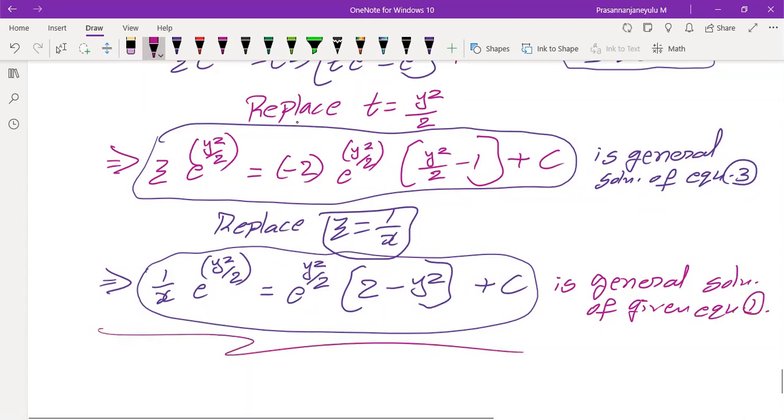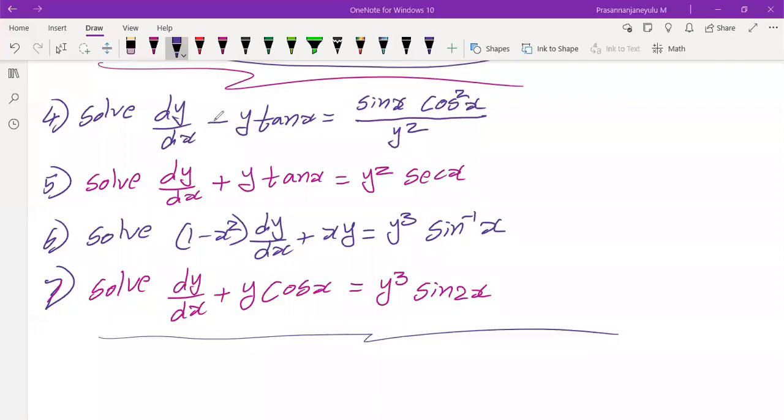So I explained here one problem on how to find the solution of Bernoulli's DE in y, and one problem on how to find the solution of Bernoulli's DE in x. I'm just briefly explaining the fourth one. So these are the 4, 5, 6, 7 problems. Now I'll explain the seventh one. Before explaining the seventh one, how to do the fourth problem.